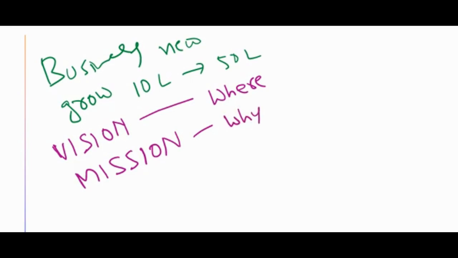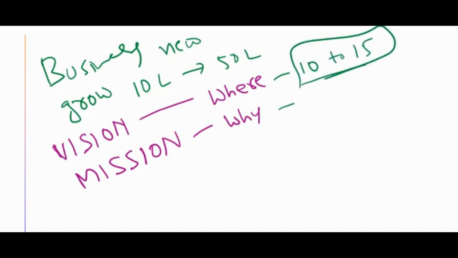So generally mission is a statement that tells you why you want to achieve that, why you want to reach the vision which you have set for your business. Vision is generally long term, maybe around 10 to 15 years. So you will have a strong vision of where you want to reach in the next 10 to 15 years of time. So it is always future oriented,